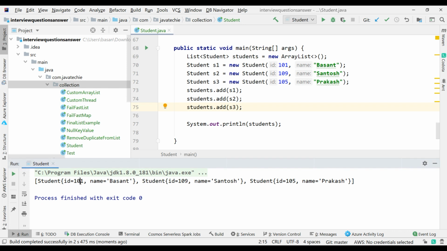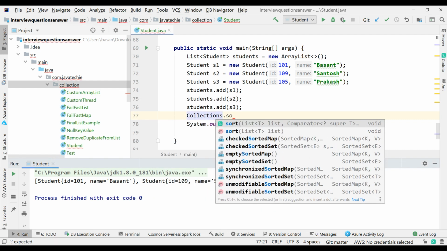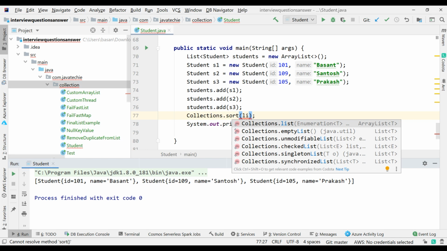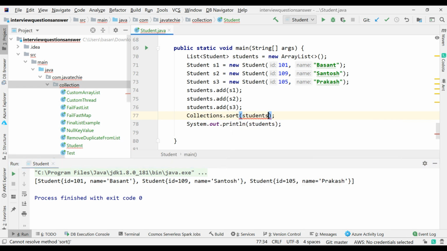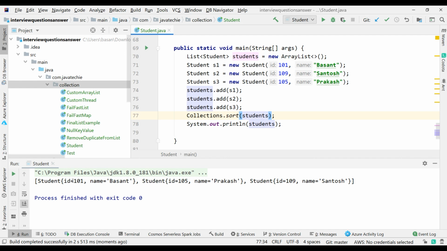It should display 101, then 105, 109. Why is it not displaying? Because we need to use Collections.sort, then pass this list, which is students. Now if I run this code, I get the sorted order 101, then 105 and 109.